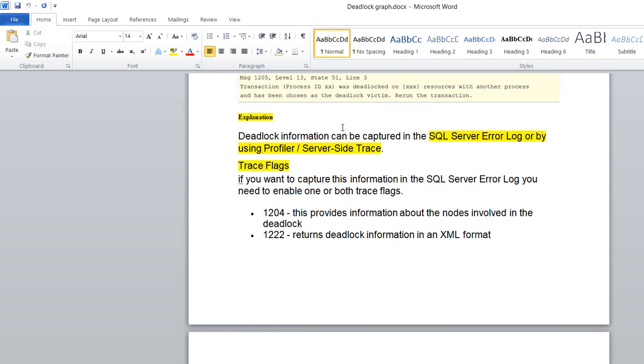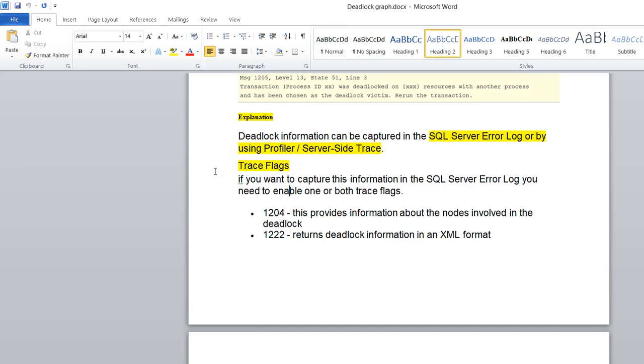Then how can we identify it? The question is how we can identify the deadlock cause and do the analysis. So we have two approaches. Either you can enable the deadlock trace, or you can use the profiler, right? I will explain, and I would suggest please watch the complete video, because I will tell the best tracing method for deadlock at the end of the video, right? So firstly I will cover writing a log in the error log.